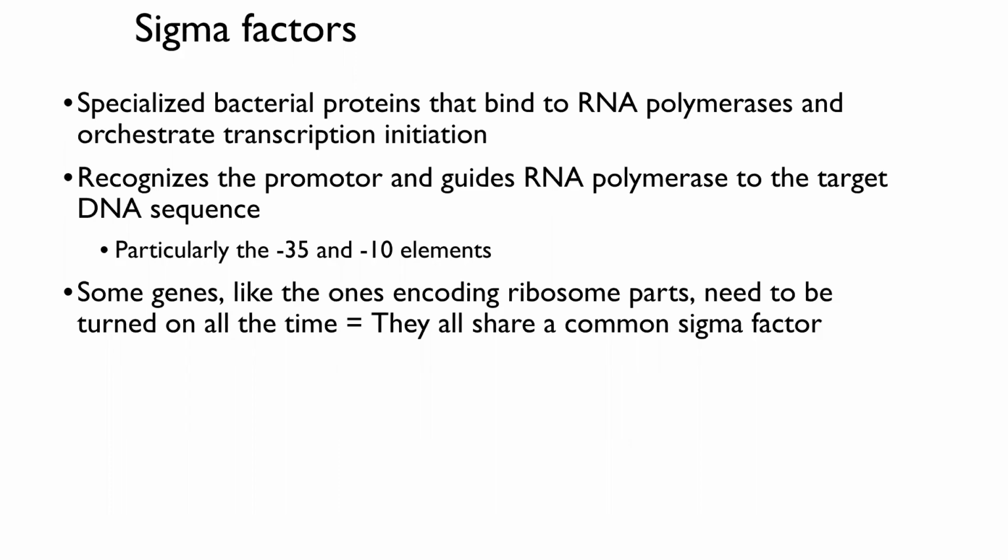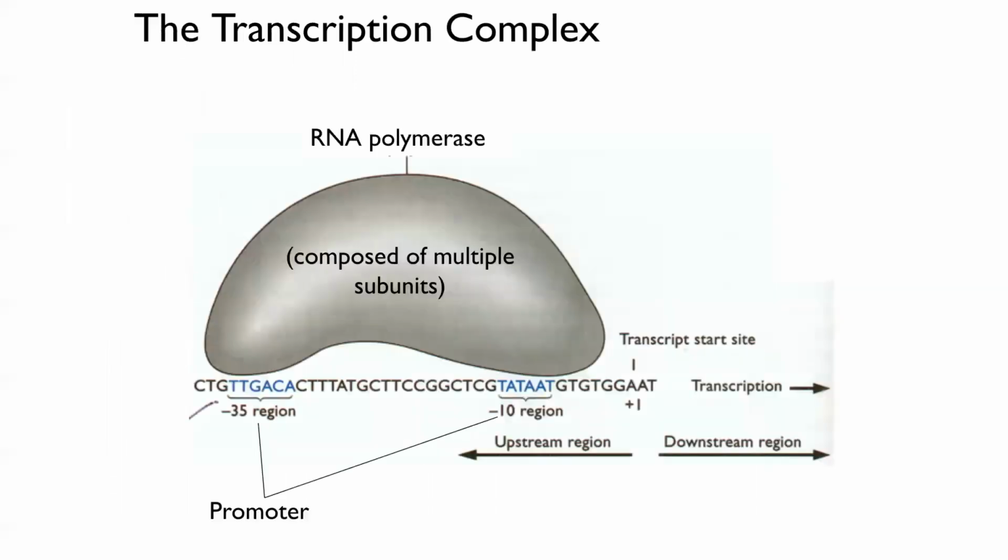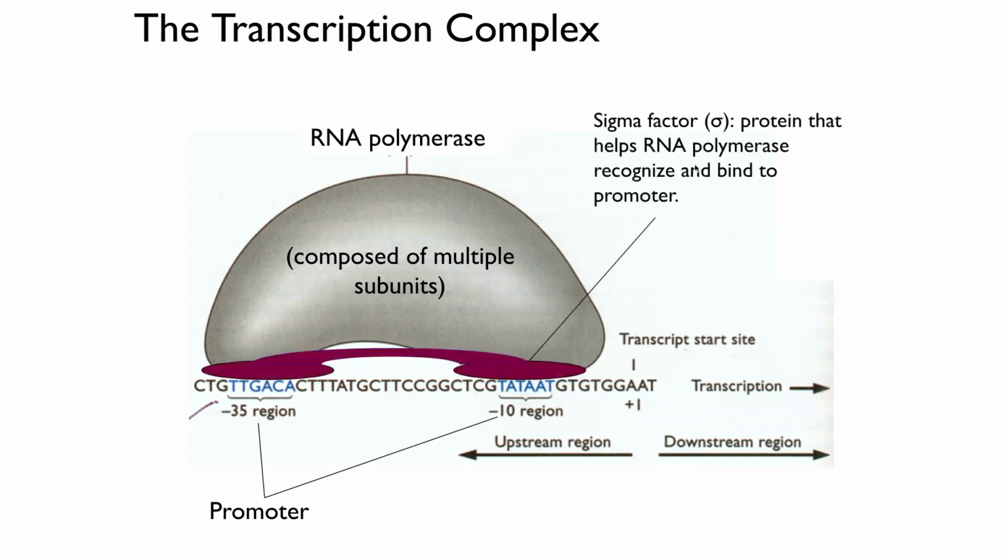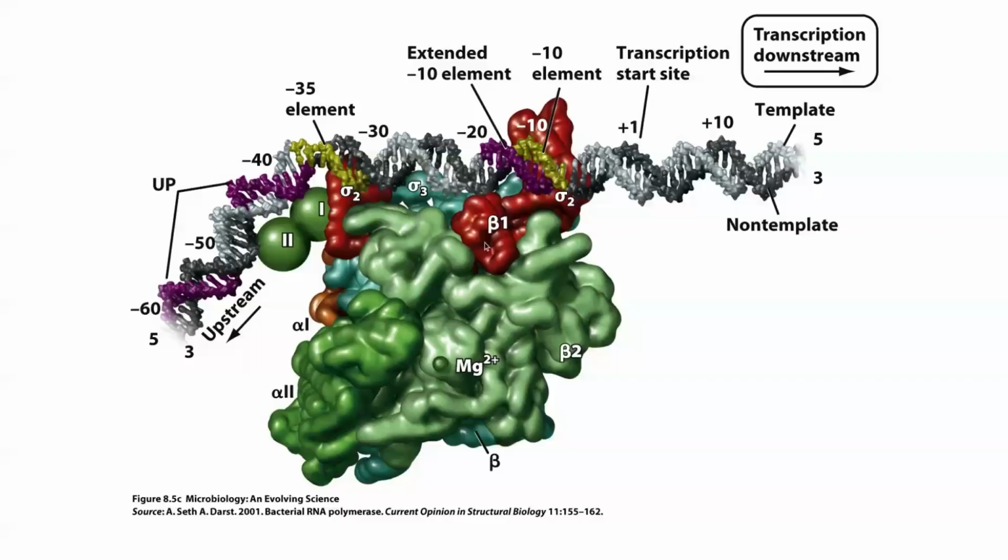And I also mentioned that some genes, like the ones that encode ribosomal proteins, actually need to be turned on all the time. So thus they share what we call a common sigma factor. So let's talk about this. So we have an RNA polymerase in what we call the transcriptional complex. It's a complex of multiple subunits, multiple enzymes. These promoters are saying, hey, come here, very specific sigma factor, which then recruits the RNA polymerase. That's the idea. And we could look at what this looks